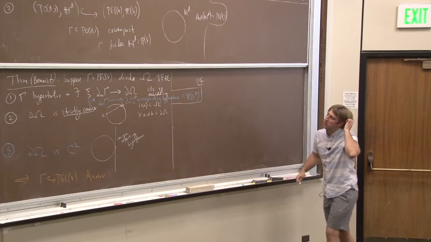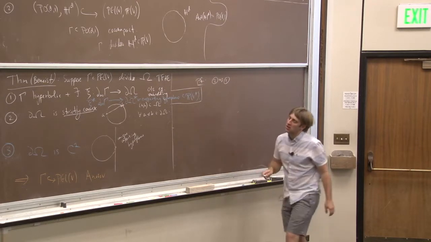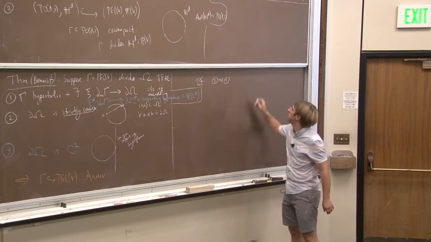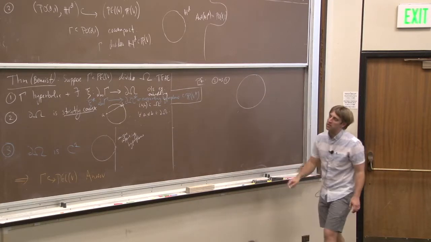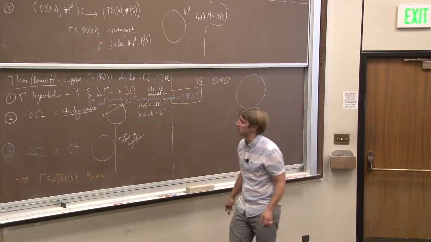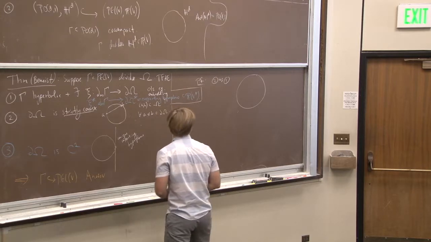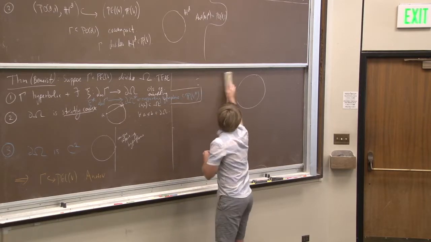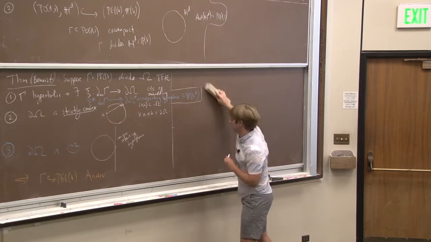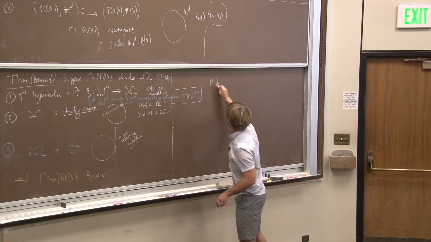How do we prove 2 implies 1? I've got omega. It has strictly convex boundary, and I want to prove that gamma is hyperbolic. Oh, actually, I need to introduce the Hilbert metric. I'm sorry. There's a crucial tool here that I somehow forgot to introduce